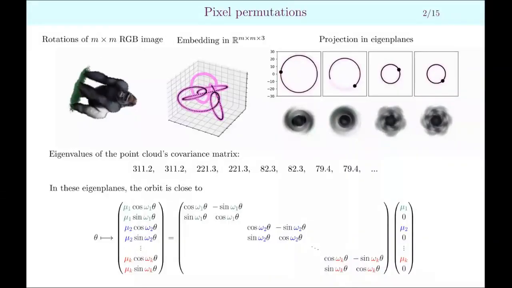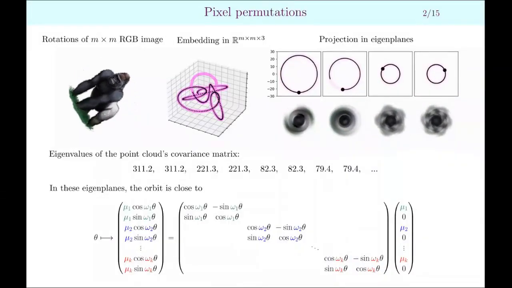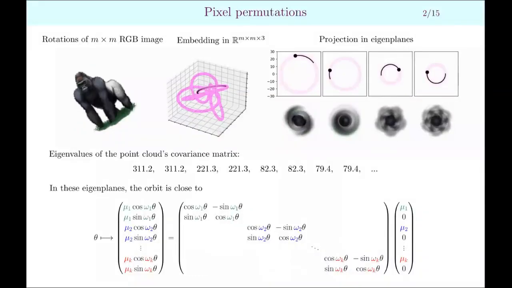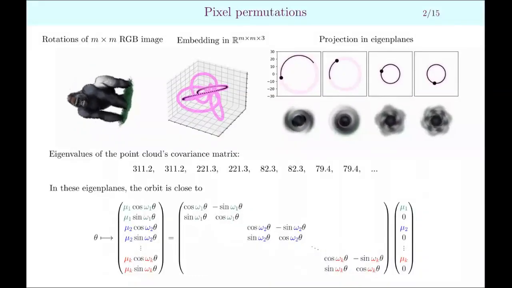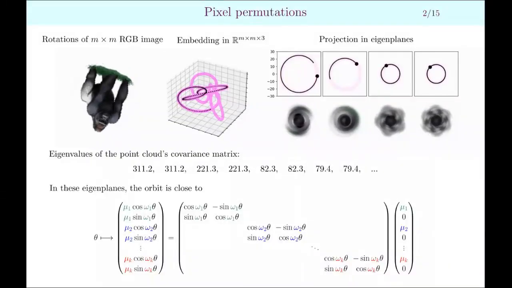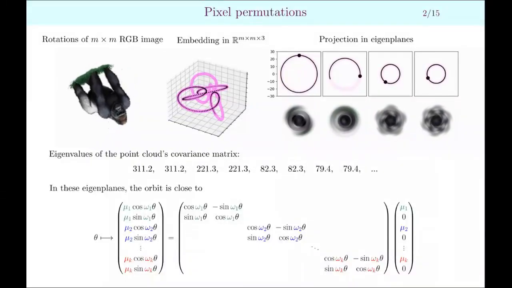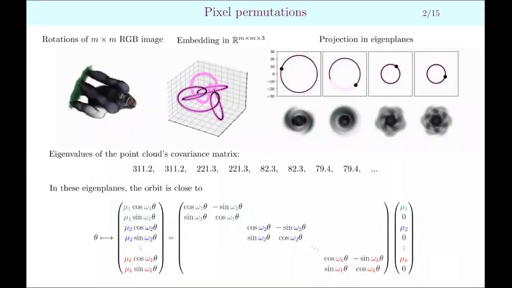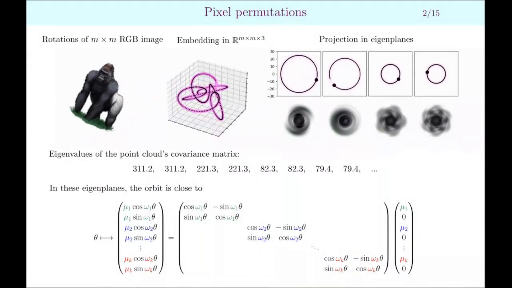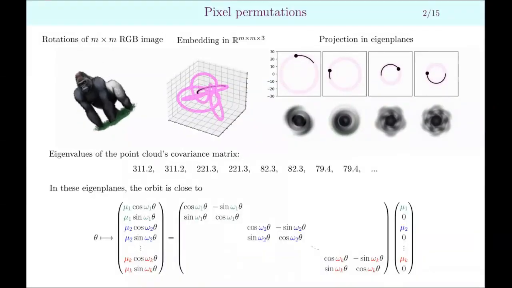All right, so I was saying, to understand this point cloud, what we can do is PCA dimension reduction. You take the covariance matrix and compute the eigenvalues. And for this point cloud, you will see that the eigenvalues come in pairs. So we have eigenplanes. And what I do here, I project the